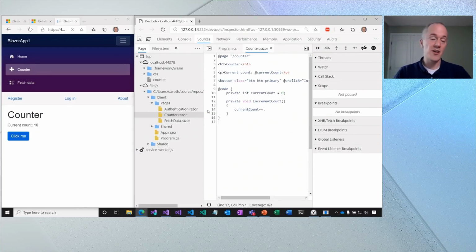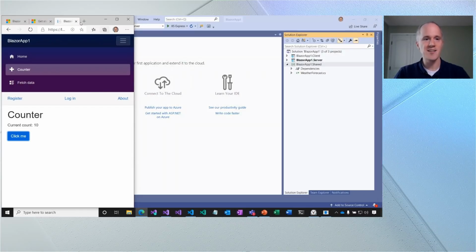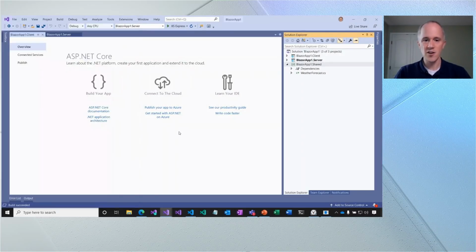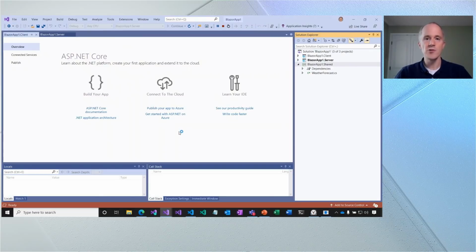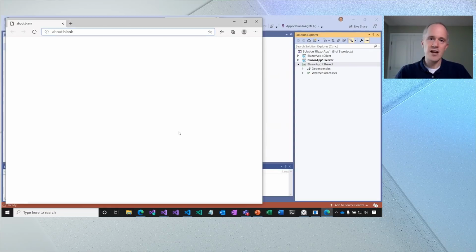Now, if you want to debug your app, you can do it from the browser DevTools like this, but you can also do it directly from Visual Studio. Let me show that next. Let's go ahead and close this. I'm going to go back to Visual Studio, and this time I'm going to hit F5 so that we launch Visual Studio with the debugger attached. Now, what Visual Studio is going to do here is it's going to launch the browser with remote debugging enabled, and then connect to that browser tab through a .NET debugging proxy that allows it to debug the .NET code